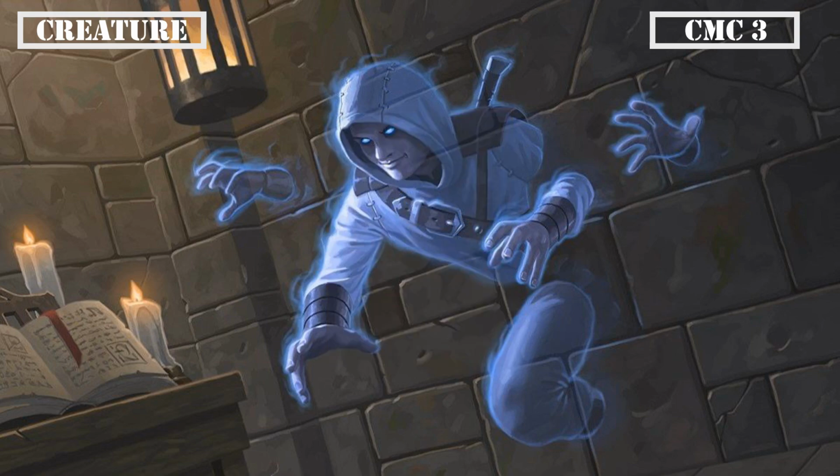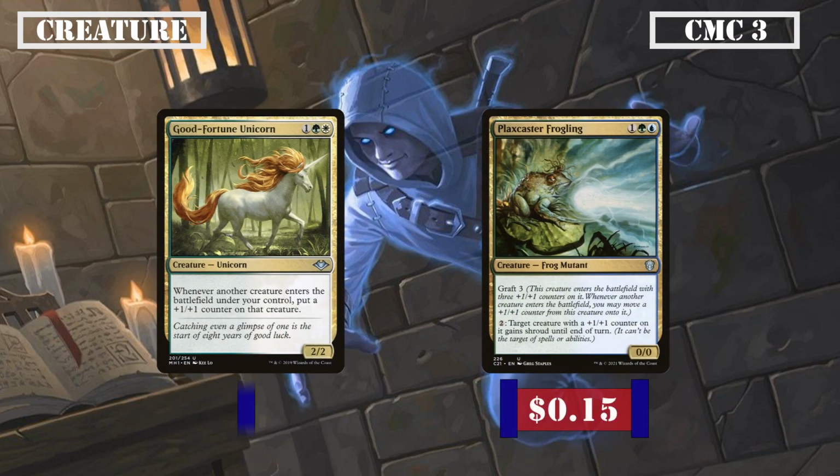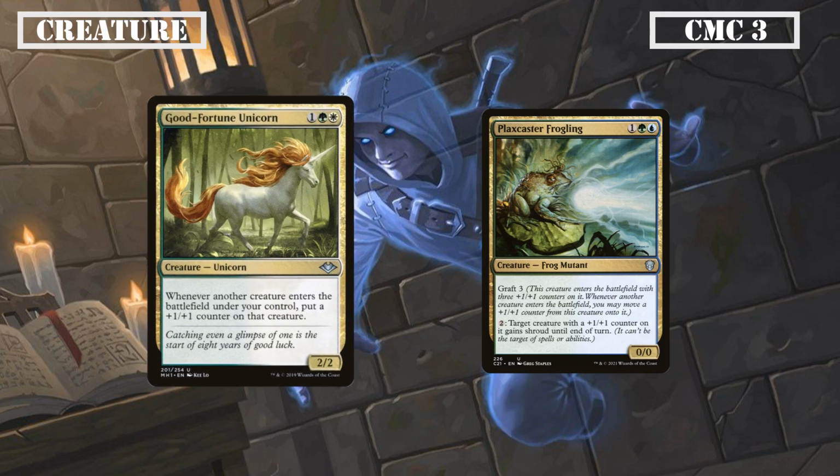Some creatures that help us distribute counters are up next with Good Fortune Unicorn and Plaxcaster Frogling. Good Fortune Unicorn is a 2/2 that has any creature that ETBs under our control come into play with an additional +1/+1 counter, giving us a no-frills source of counter distribution as we summon our creatures throughout the course of